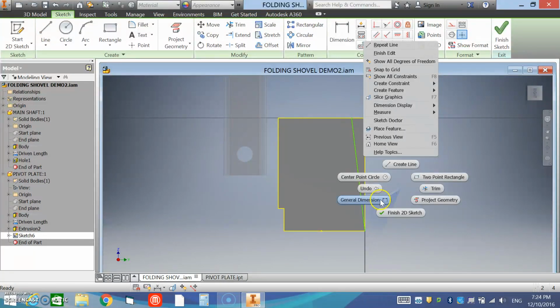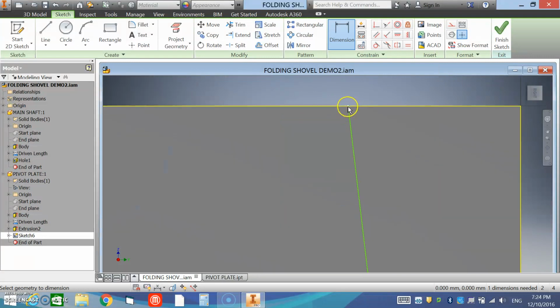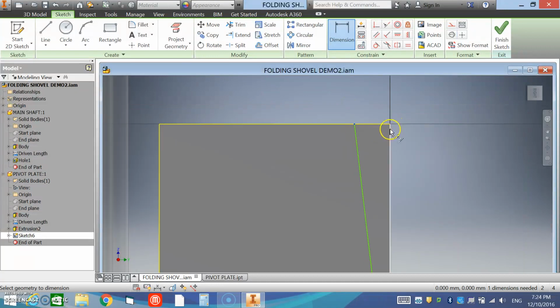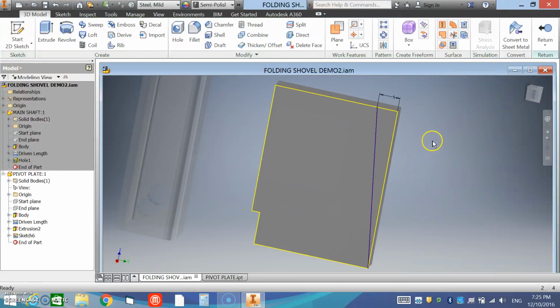Right click, general dimension, and if we isolate, you'll see that that gives us a white point at the end of that line, and we want to click on that edge, drag a dimension up, which is 5 millimeters, and tick it. Finish that sketch. Right click, extrude,